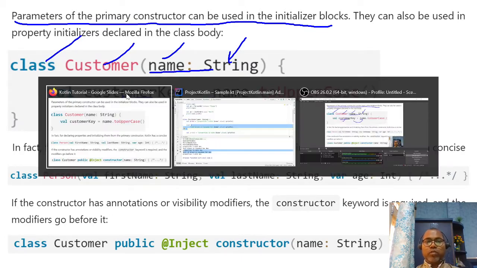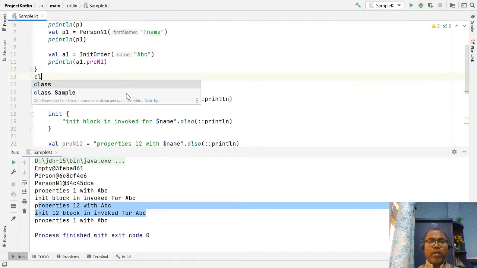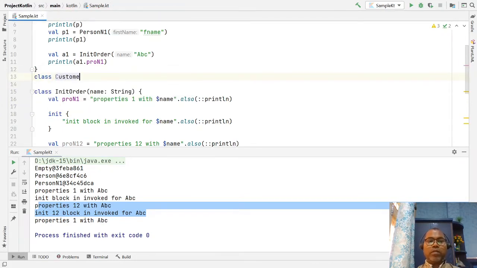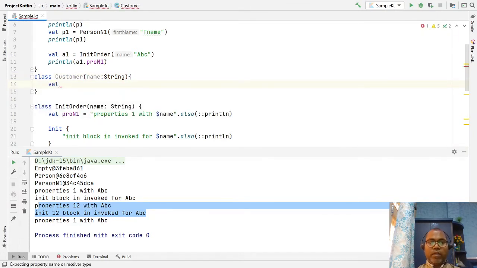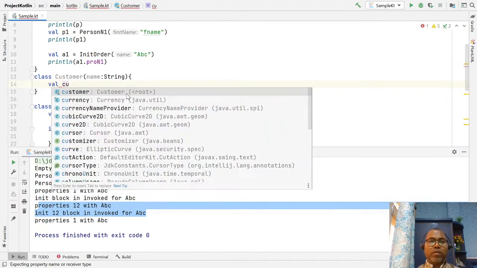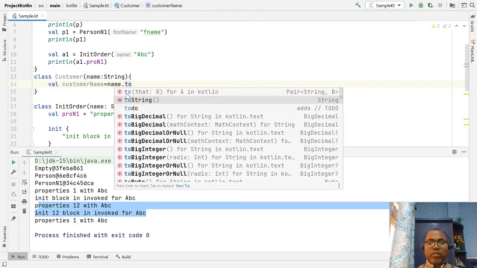So the general way of writing a class: let's say I want to write a class Customer. Customer has a constructor where you want to pass a name, and this customer class has one property like customerName. Here you can assign whatever name is passed, or just convert the name to uppercase.